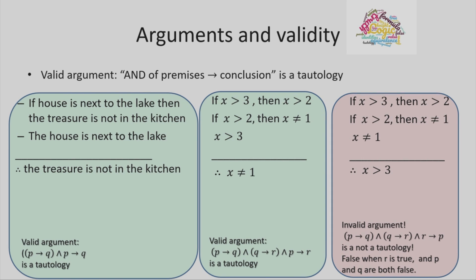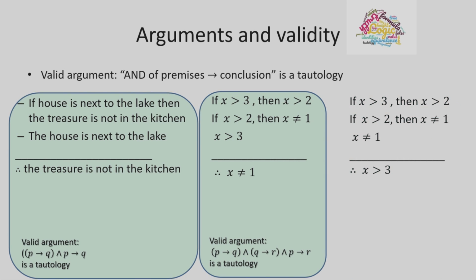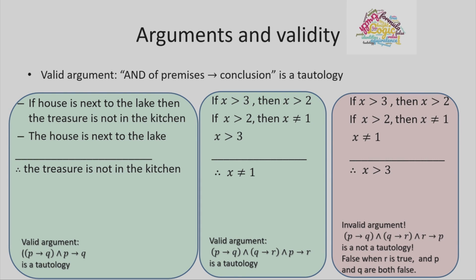Okay, let's look at a slight variation of the second argument. Now suppose that you still know if it's greater than 3, it's greater than 2, and if it's greater than 2, then it's not equal to 1. And now I tell you that x is not equal to 1. And you say, oh, okay, great. I can say that x is greater than 3. But wait a moment. It could very well be